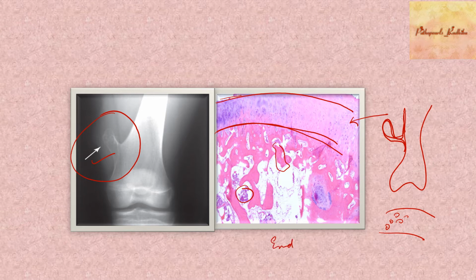So what type of ossification? Enchondral ossification. You have two types of ossification you would have learned in osteology: enchondral and membranous ossification. So here you have a cartilaginous cap covered by a perichondrium, followed by trabeculae of bone and marrow, which is undergoing enchondral ossification. On X-ray you have a mushroom-shaped lesion. The cortex of the lesion is continuous with the cortex of the bone, and the medulla of the lesion is continuous with the medullary cavity of the bone. So this should give you the diagnosis.